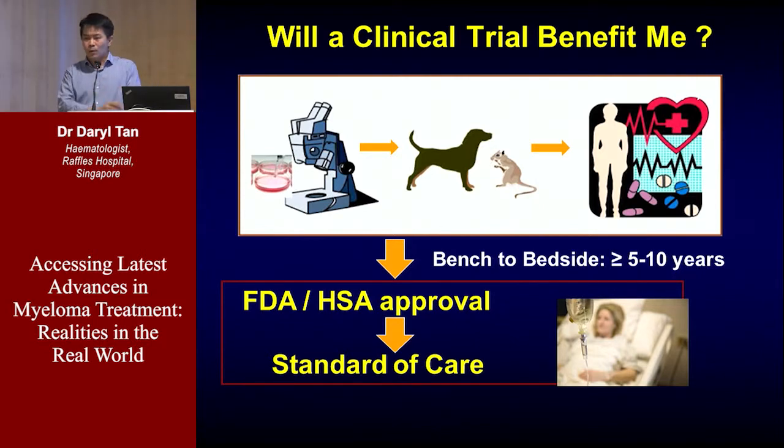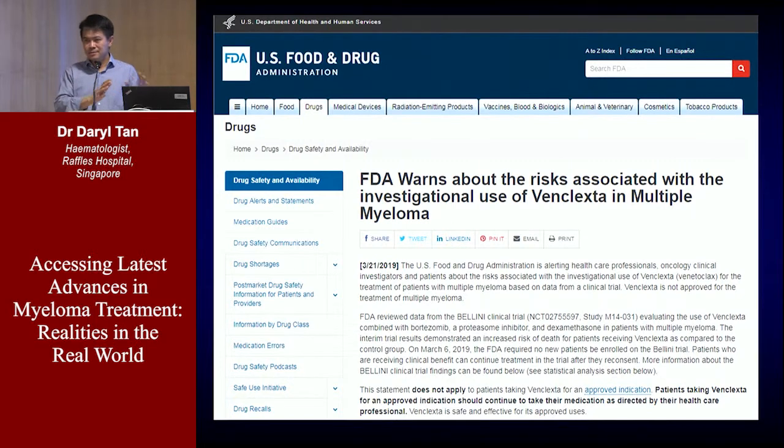For instance, like 1 week ago, FDA issued a warning on the drug called venetoclax in multiple myeloma. We were very optimistic that this drug could benefit a subgroup of patients with multiple myeloma. It came as a surprise to me that, hey, this was associated with higher toxicities. But whatever it is, as doctors, we are always keeping abreast with the latest developments so that we know the risks involved with clinical trials, with every single drug out there, so that whenever there are hints or signs that a certain drug may not be safe, we will always